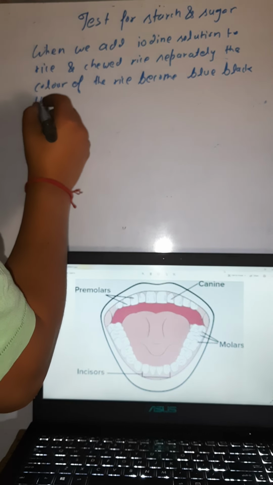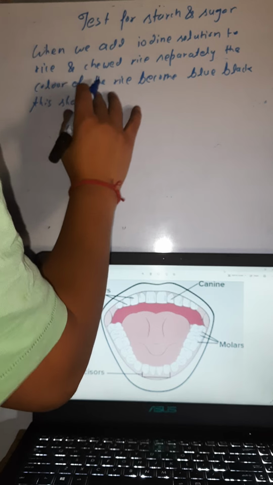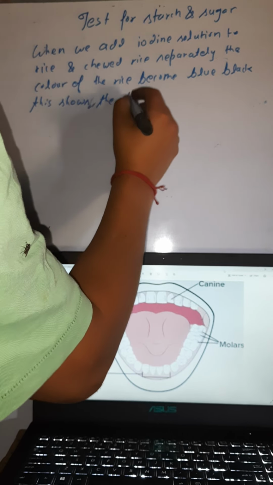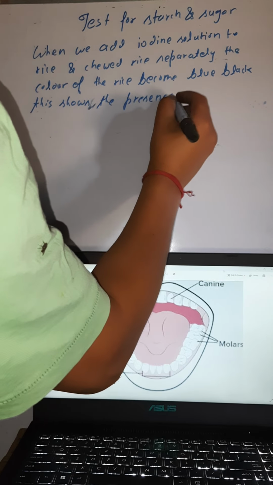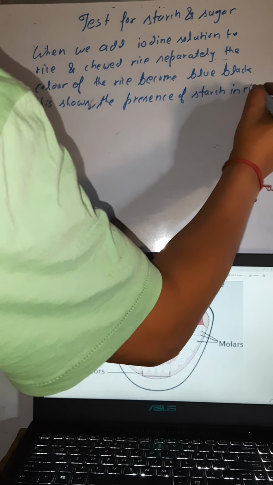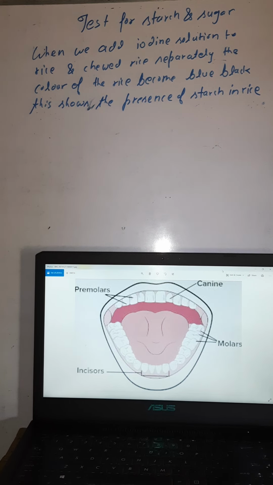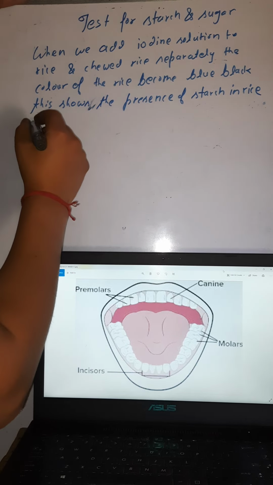This shows the presence of starch in rice. But when we added this iodine solution to the chewed rice,